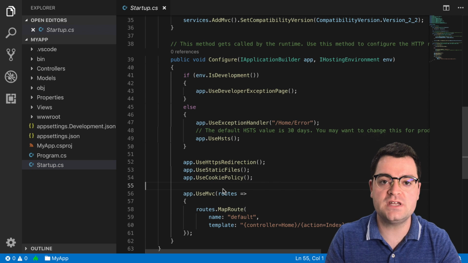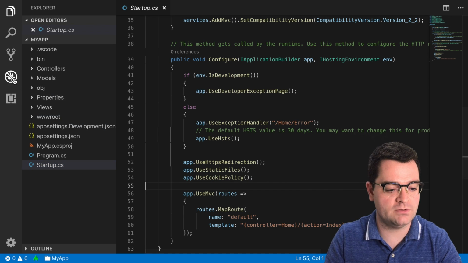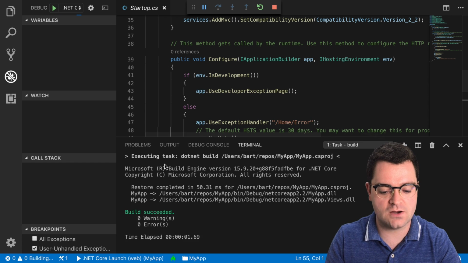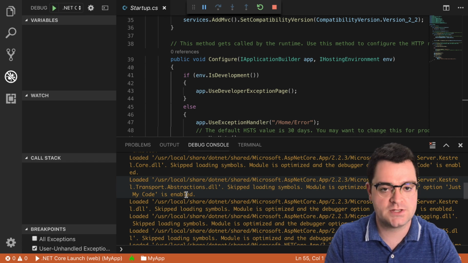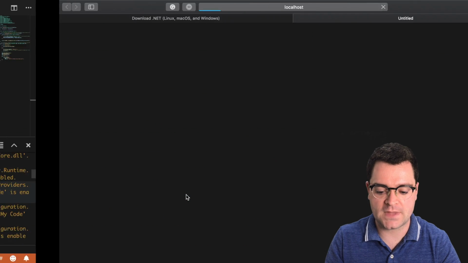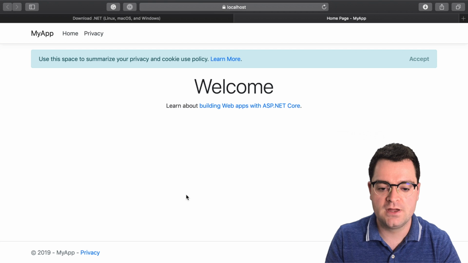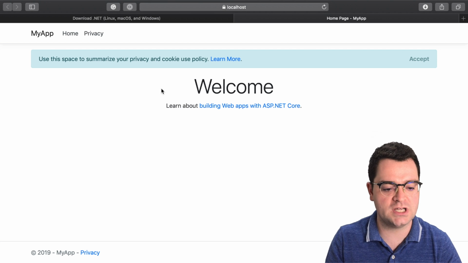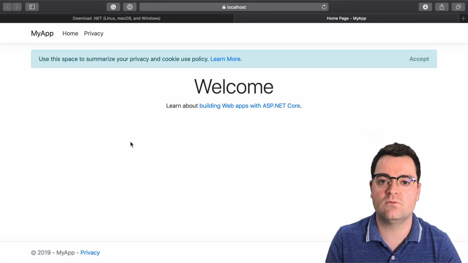Now if you want to run the application, we actually can do that here very easily from Visual Studio Code. I hit the run command, and you can see here it's now building the application. It's very quick to build. It's now actually starting the application, and it's going to bring up the browser now. And as you can see here, here is my ASP.NET web application running in the browser very quickly by using the